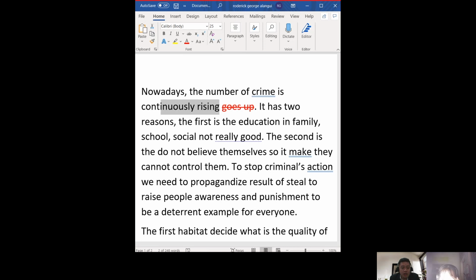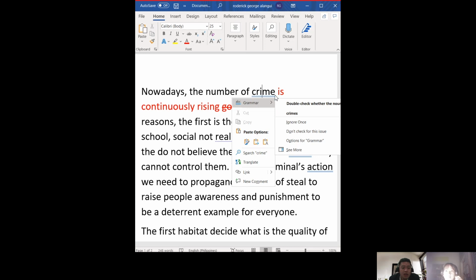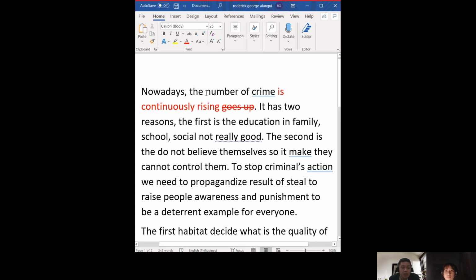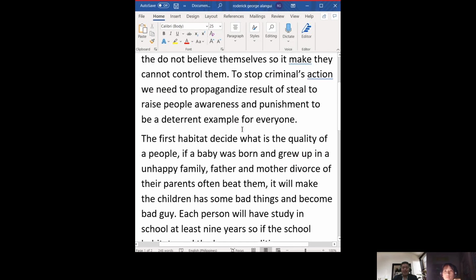Okay, so nowadays the number of crimes is continuously rising. You can actually put the number of crimes. It has two reasons. Okay, the first is,